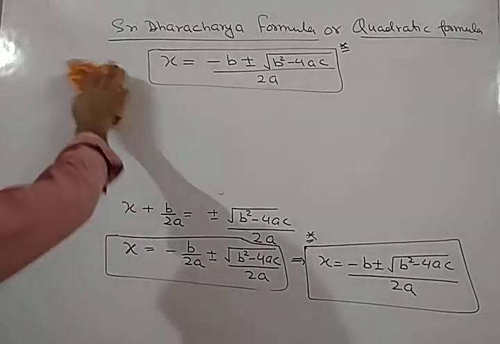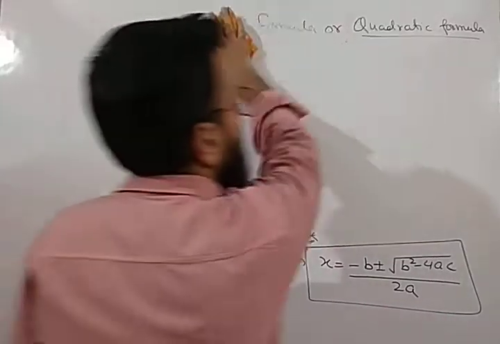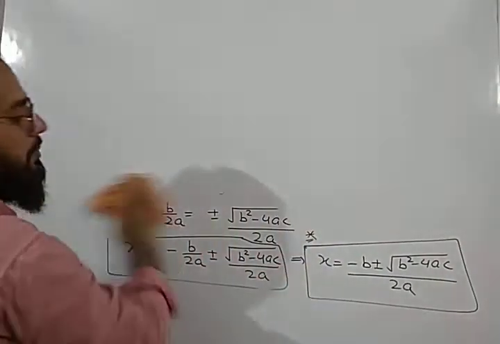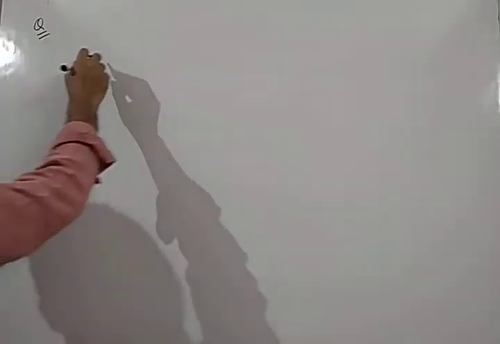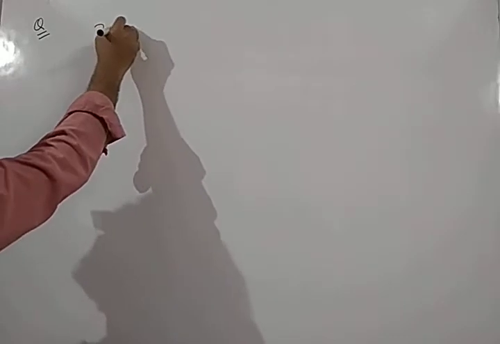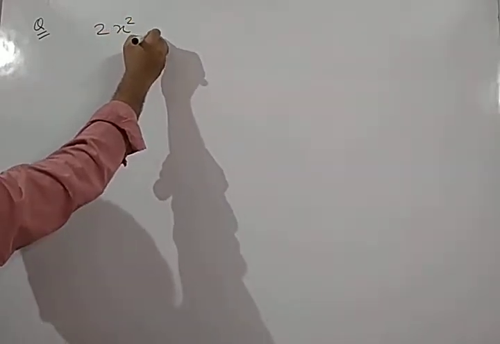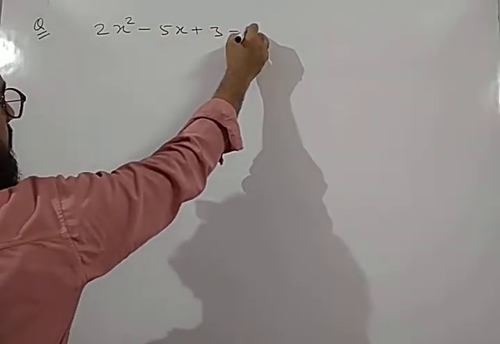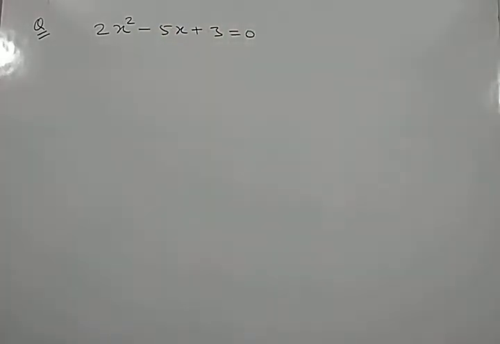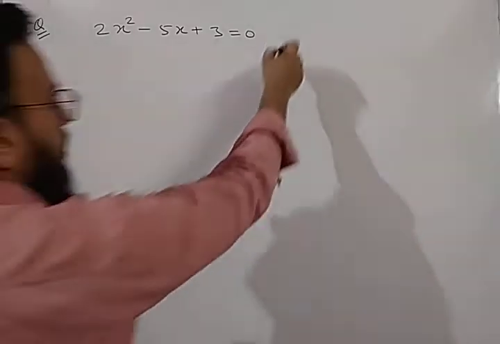So now let us solve some questions based on making the perfect square. The first question is, we have given the equation 2x square minus 5x plus 3 is equal to 0. Okay, this is the equation. We have to solve